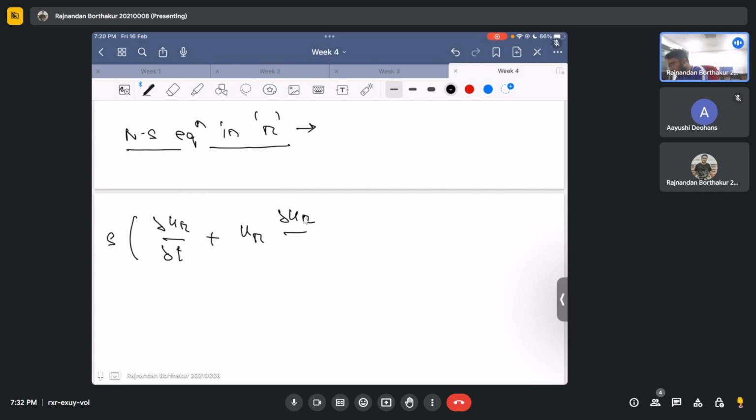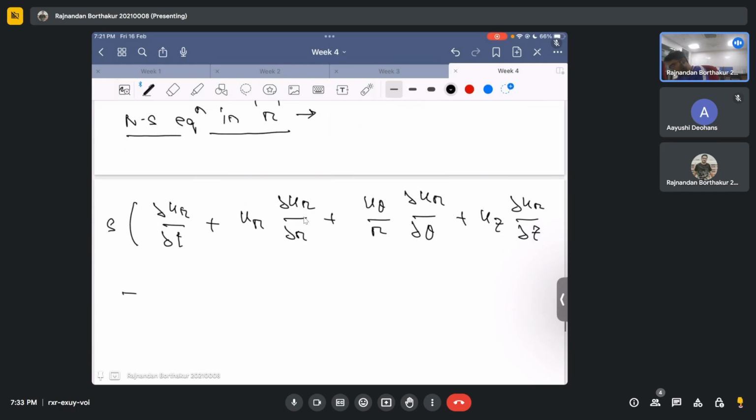The second term is ur times del ur by del r, plus the third term is u theta by r times del ur by del theta, plus uz times del ur by del z, minus u theta squared by r,